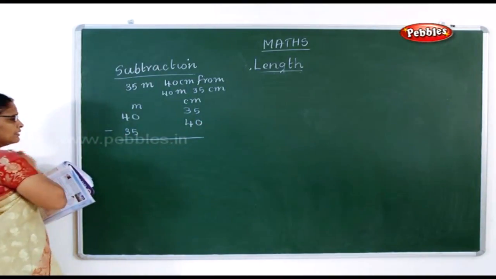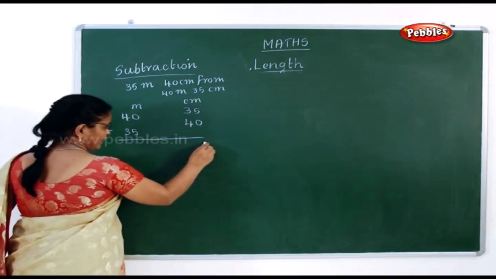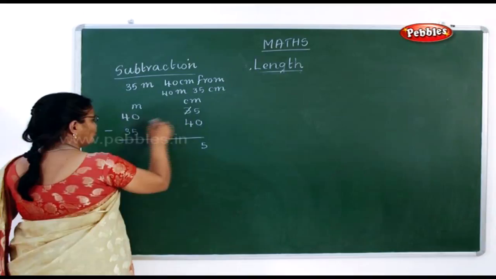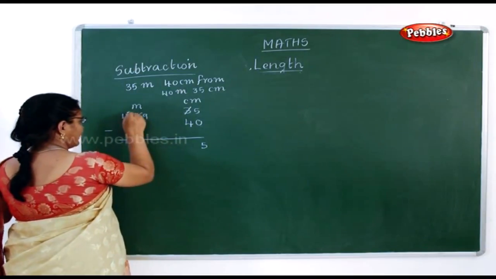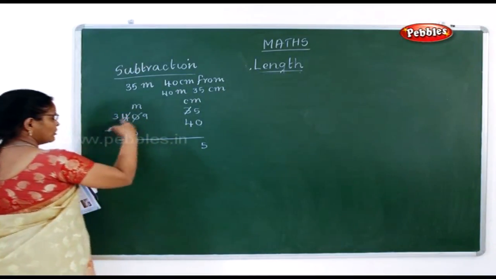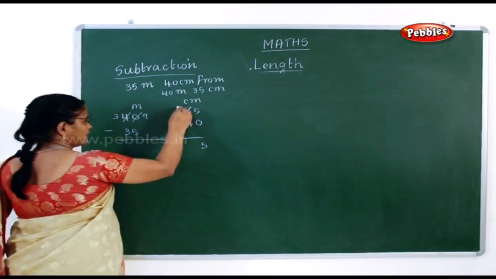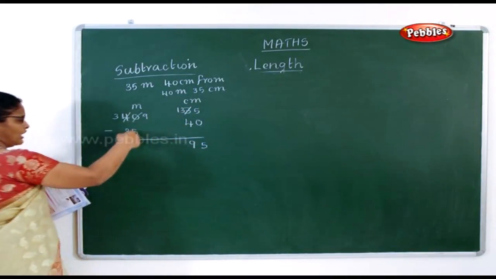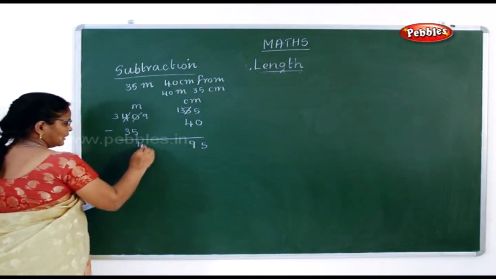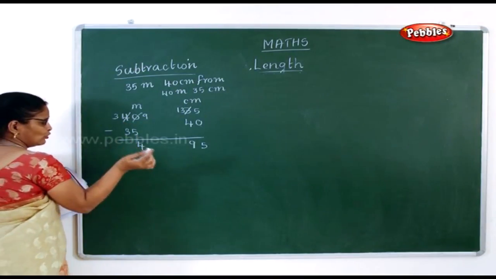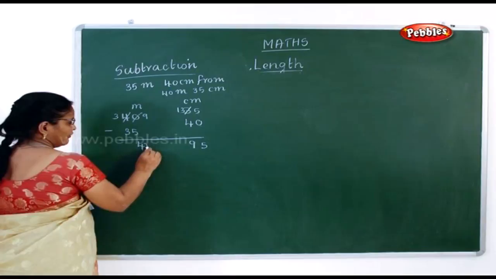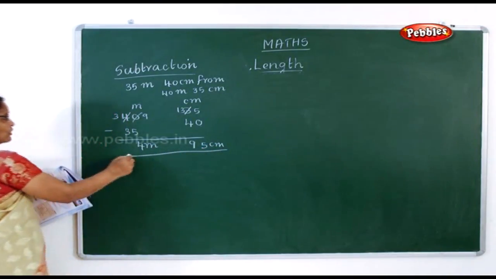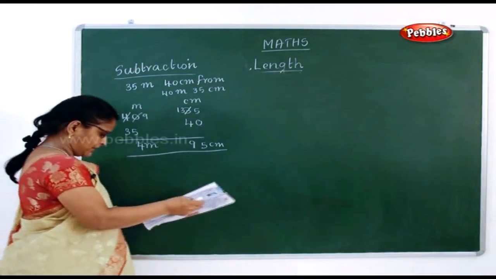Immediately put minus here. So what is 5 minus 0? 5. Now 3 minus 4 you can't do, so immediately you have to borrow. So this will become 9. This will become 3, because you are borrowing from here again. So this will be 13. What is 13 minus 4? It is 9. And 9 minus 4 is what? 4. 3 minus 3 is 0, so don't put anything. What you have to write here? 4 meter and 95 centimeter. So this is how you have to do your subtraction.